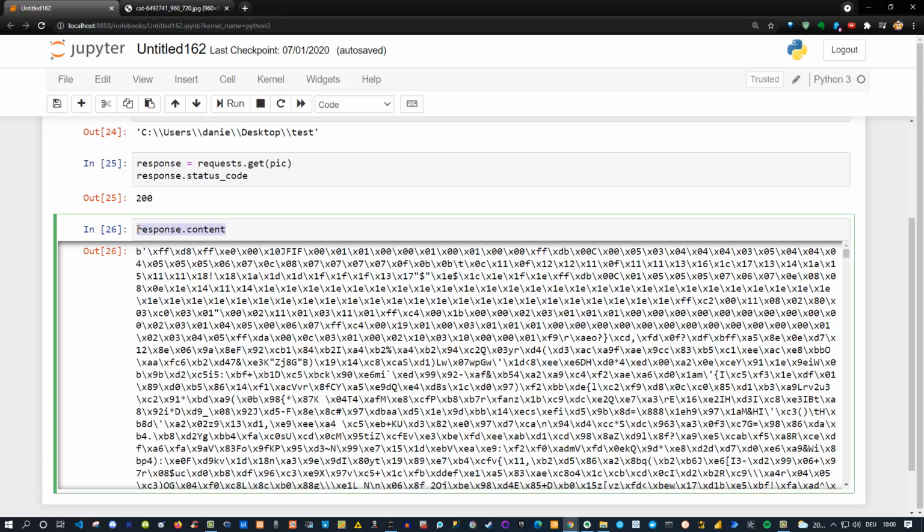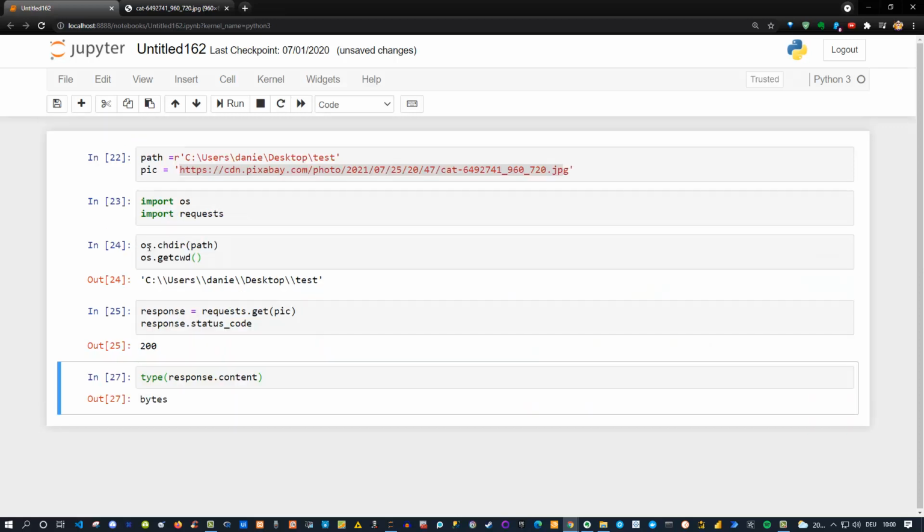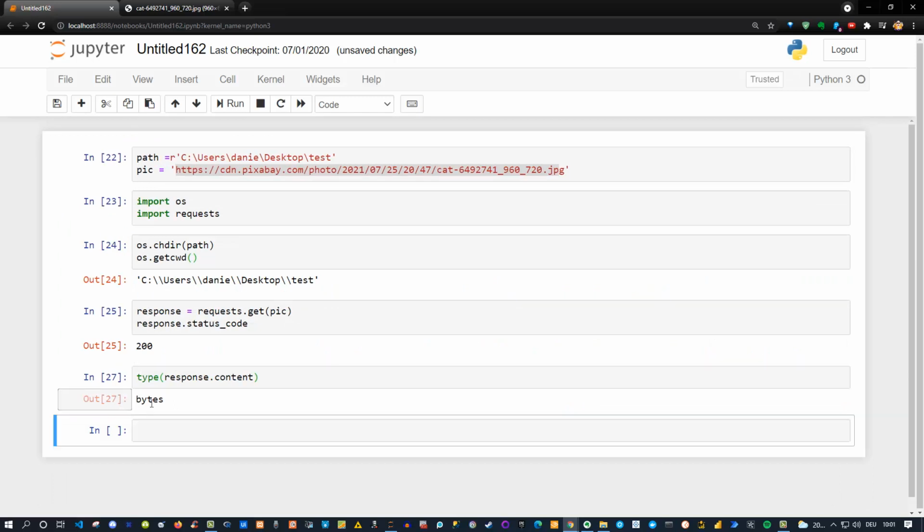So let's first quickly check that this is also a bytes file, even if we can see it with the B here, but if we use the type command and put this inside, we will see that this is actually bytes. So now our goal is to write those bytes into a file. We can easily do this with a context manager. So we can say with open, and now we need to give it a name. Let's say cat, and of course we need to put in quotes,